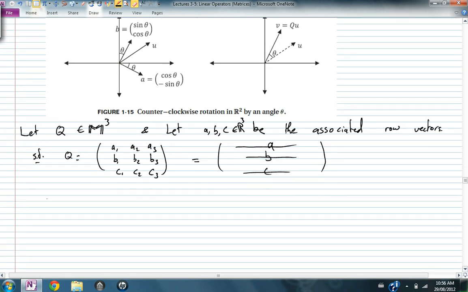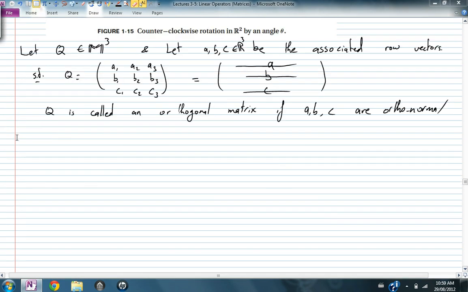Then Q is called an orthogonal matrix if A, B, C are orthonormal. So from this definition we get some results. What can we say about an orthogonal matrix once we know this definition? What we find is, if this is Q,